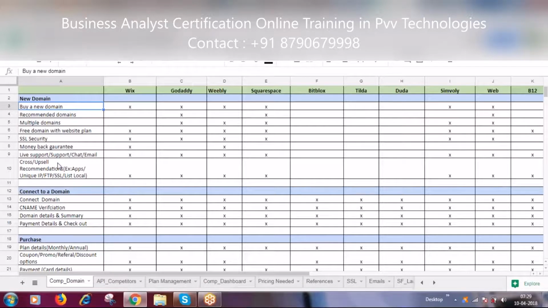So these items, what we say here, we say it as a feature. In other instances, we say it as a requirement. In agile terms, we say it as product backlog items.